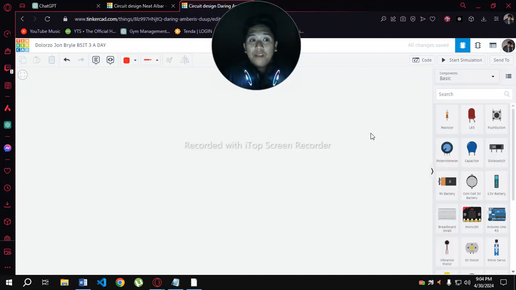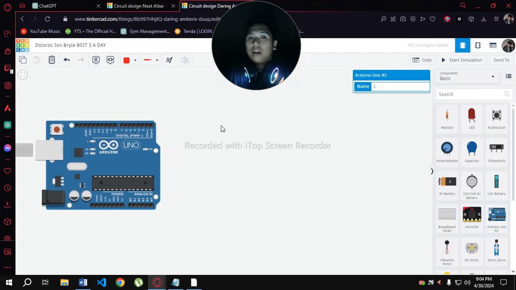So today we are going to make a 7 segment traffic light LED in Tinkercad. To start, we are going to need our programmable controller, which in this case is the Arduino Uno. Okay, we are going to put it right there.